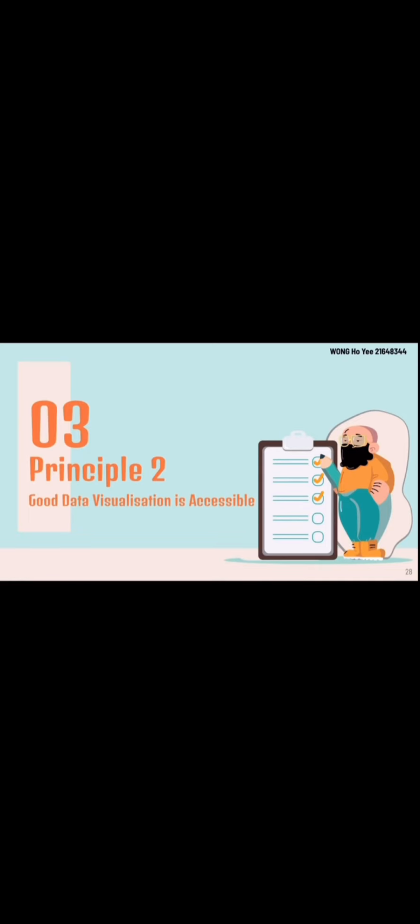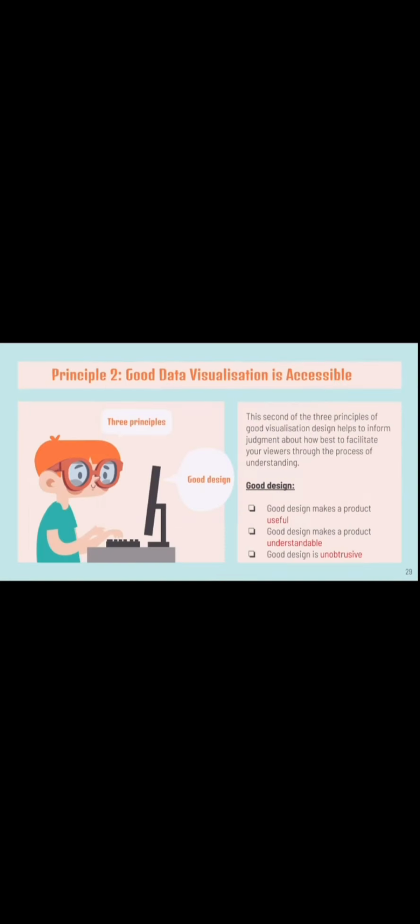Then let's talk about principle 2: good data visualization is accessible. This principle is second of the three principles of good visualization design, and helps to inform judgment about how best to facilitate your viewers through the process of understanding. There are 6 items to consider when you frame your project content. The first item is subject matter appeal. This is the feature you can